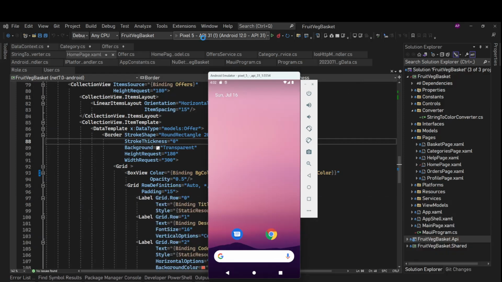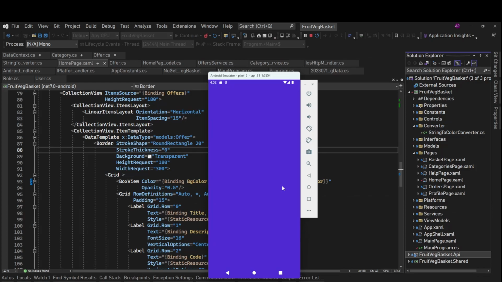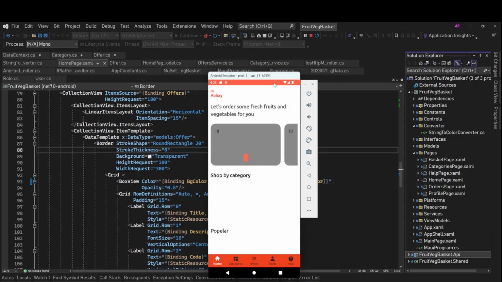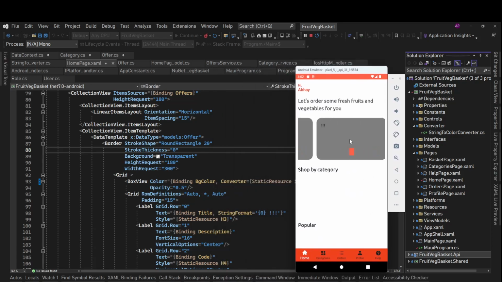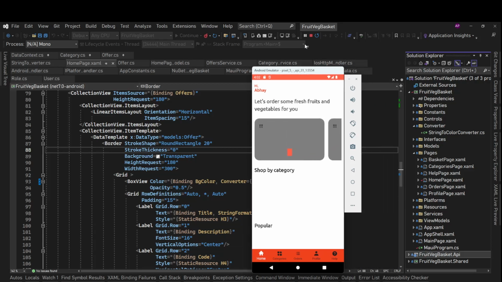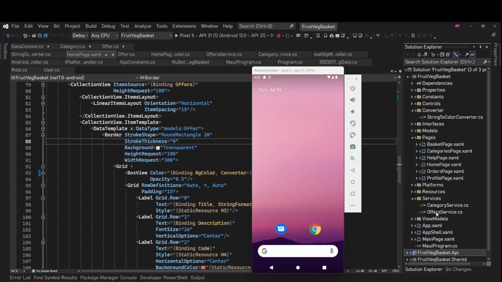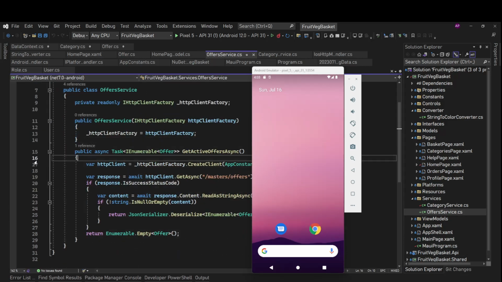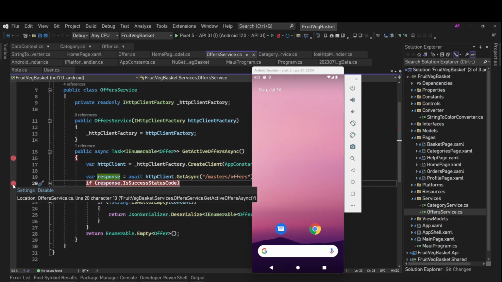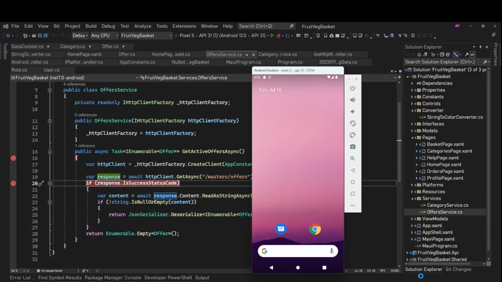Run the app. App is here. And we can see something. Okay, we have 4 items. We had 4 offers and nothing else is here. We cannot see color. Okay, let's see what the issue is. For that, let's go to offers. We'll have a breakpoint here. We'll see if we are getting the actual, correct data or not. One more here. Let's run it again.